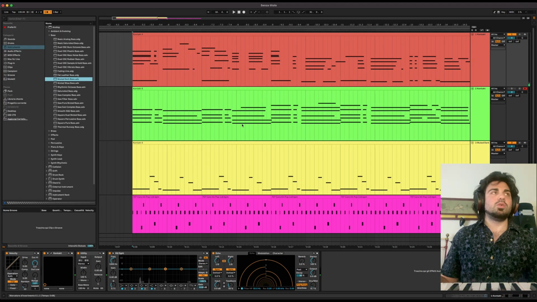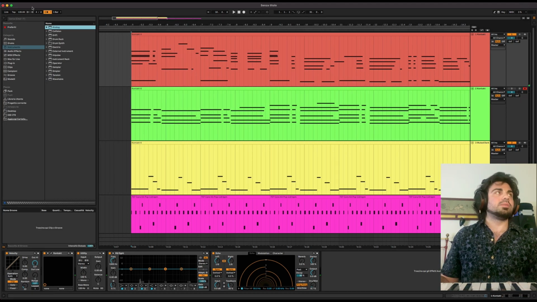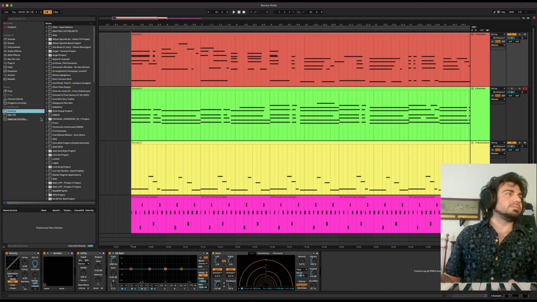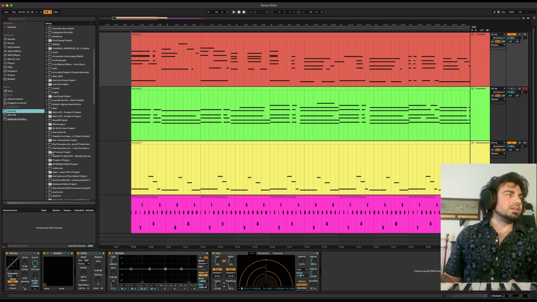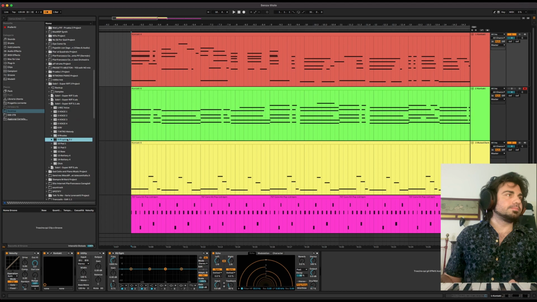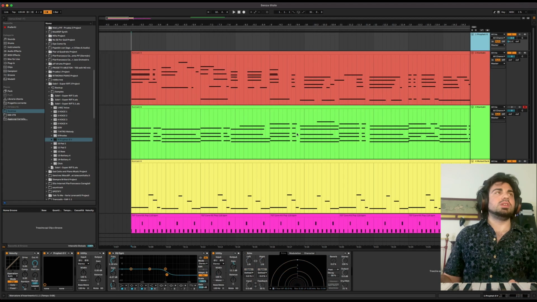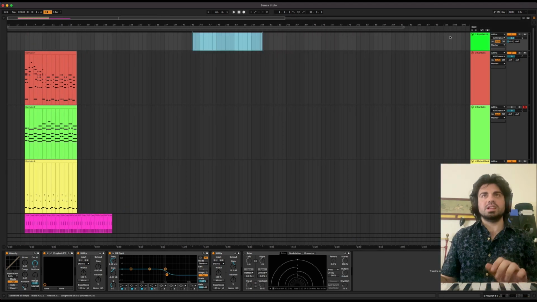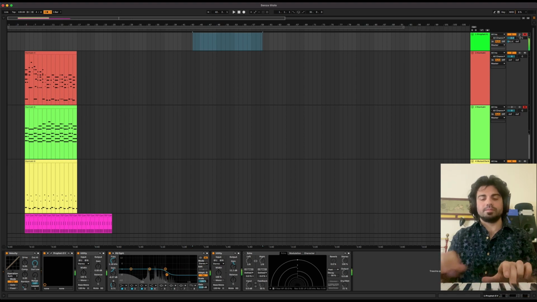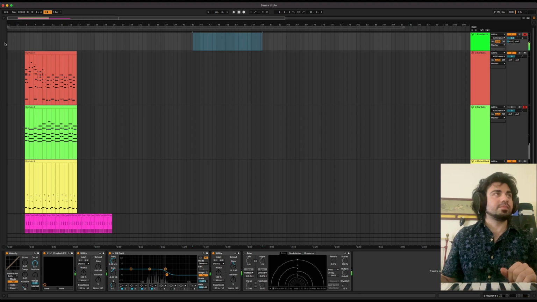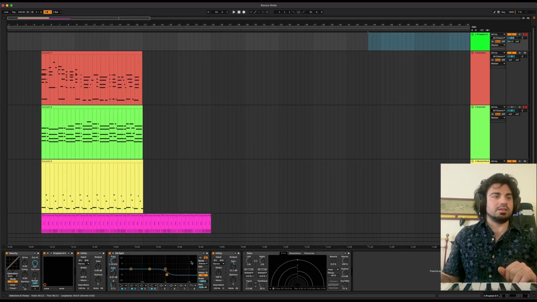Then let's go with the melodies. For example, let's use a synthesizer, a lead synthesizer, like this. The Prophet by Arturia. The sound is like